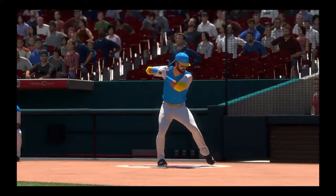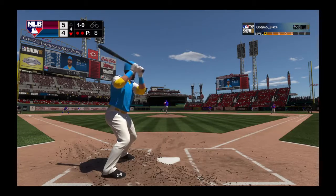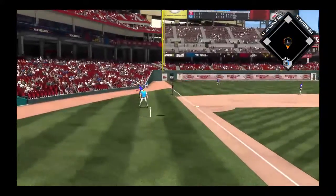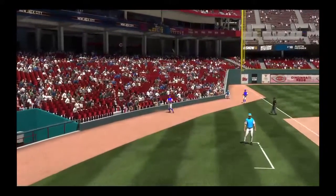Austin Hedges will come on now as the pinch hitter. Austin Hedges. Here's a swing and a high pop-up. Drifting toward the third base dugout. Reynolds is over near the railing as he...